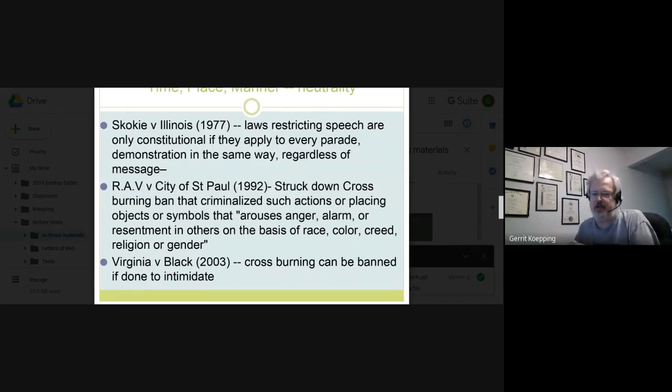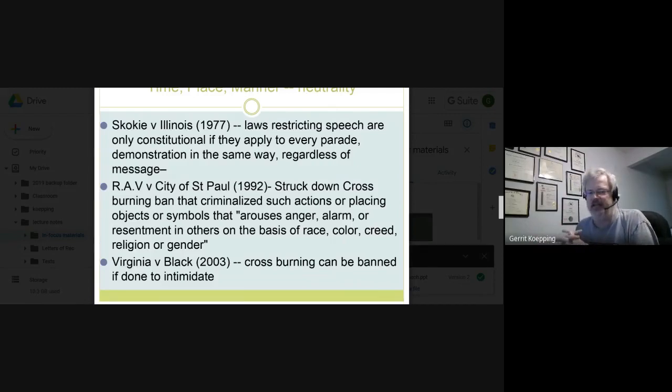Paul did is they made a law that basically made it illegal to arouse anger, alarm, or resentment in others on the basis of race, color, creed, religion, or gender. So they specifically said you cannot anger or alarm people in these groups. And the court struck that down. The court said, no, that's still content specific. You are specifically saying, okay, we can arrest you if you arouse anger or alarm on the basis of religion or